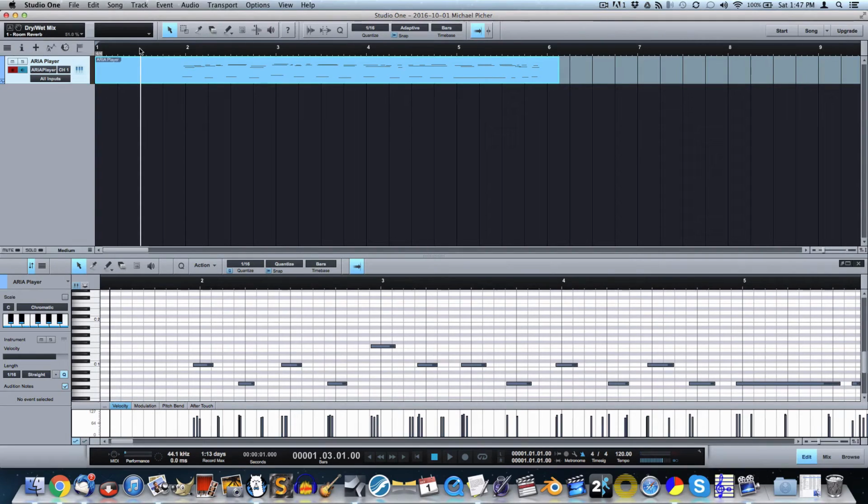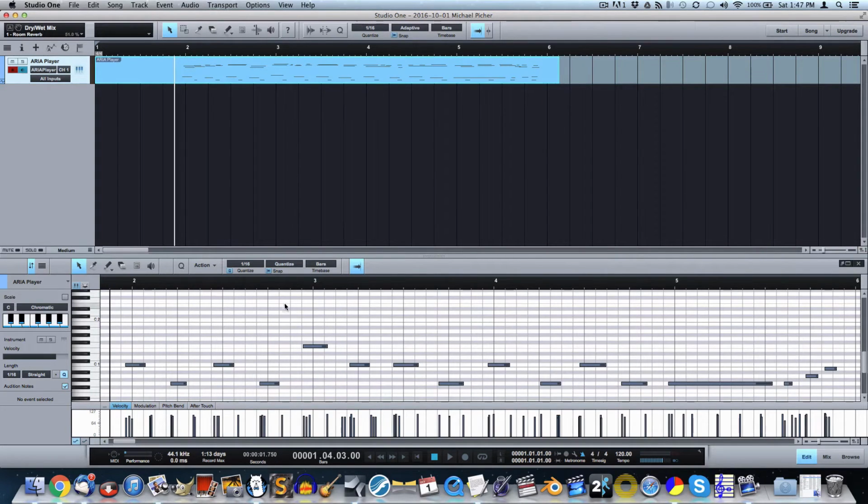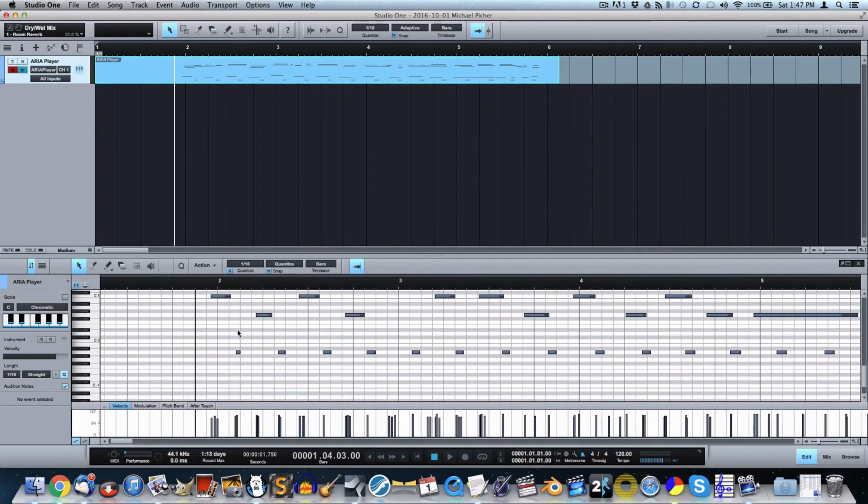Now the rhythm. So, you can kind of hear the essence of video game music in there, but there's one thing that's missing,